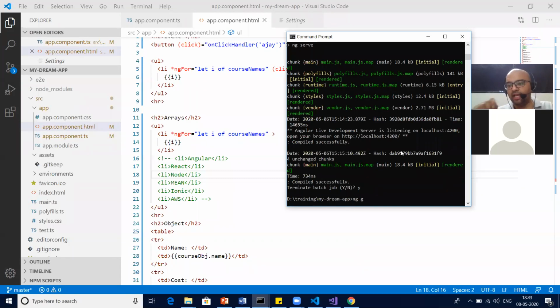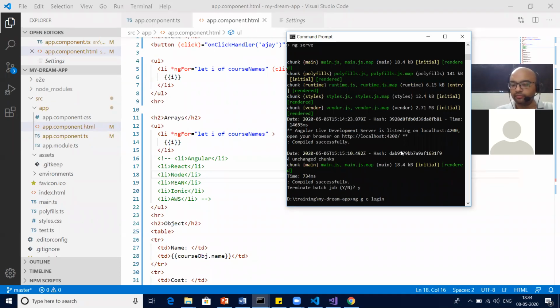So what we're saying is, hey Angular, do what? Generate what? Generate component. Although there's a shortcut to generate a component: instead of the full name component you can type c. So ng g c. So ng means Angular, g for generate, and c for component. So Angular, generate component. But what is the name of the component? So I say, for example, login, right?